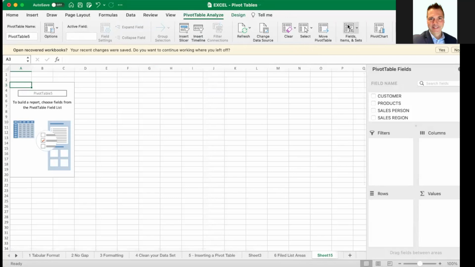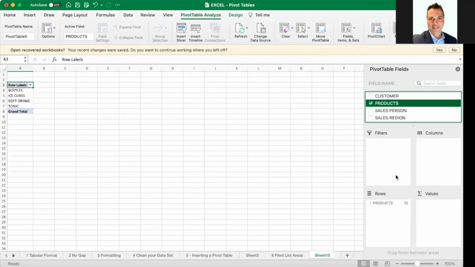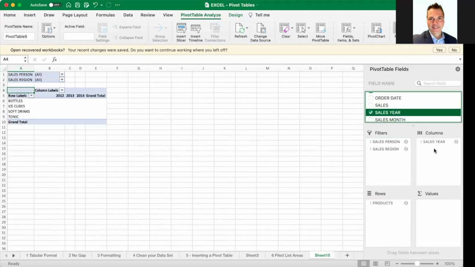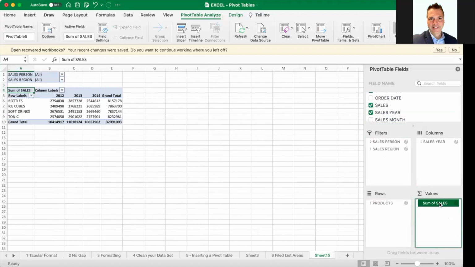And in this case, I'm going to choose to have the products on the rows and then the salesperson and sales region in the filters and the sales year in the columns. And then for the sales, I'll bring it in the values, but here I can select it, right click, and